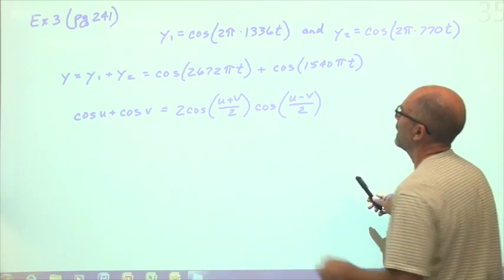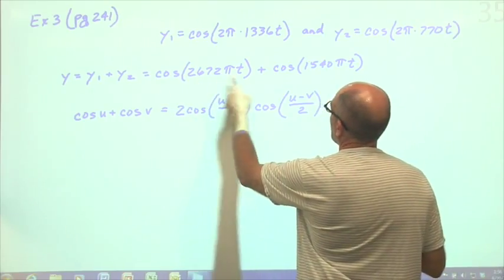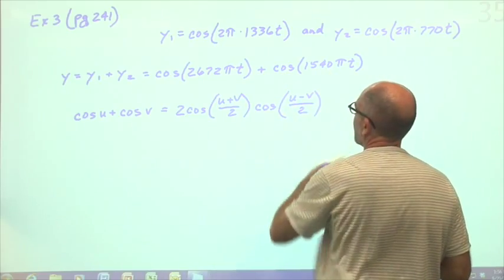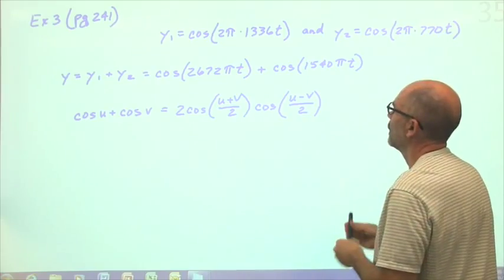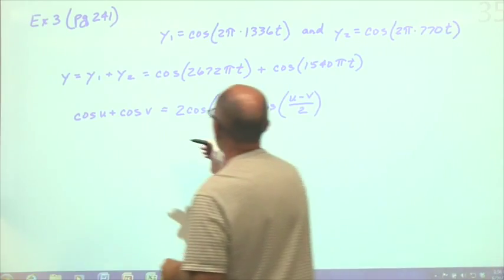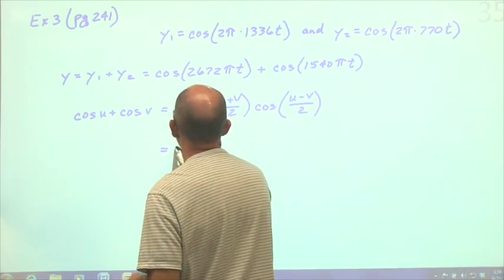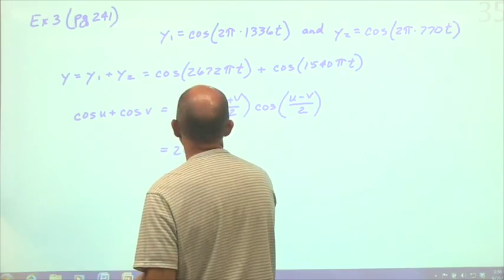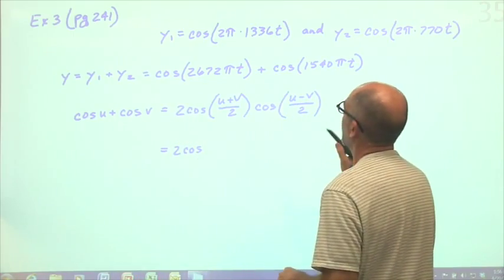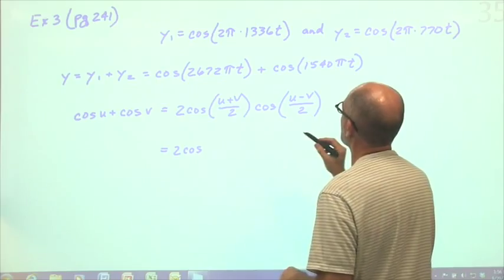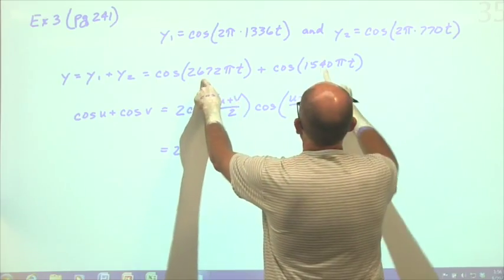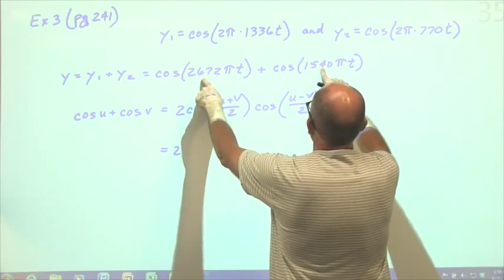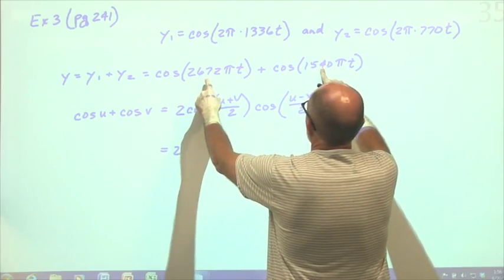So cosine u plus cosine v equals this. So what we do then is go, this is 2 cosine. Now, u plus v over 2 would be